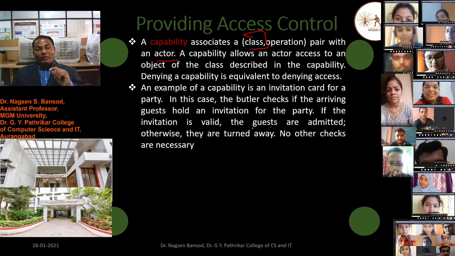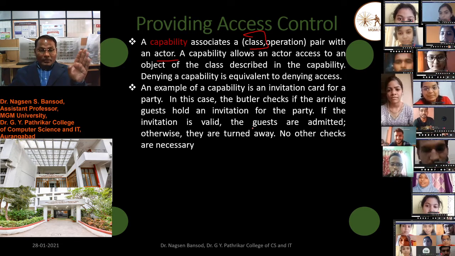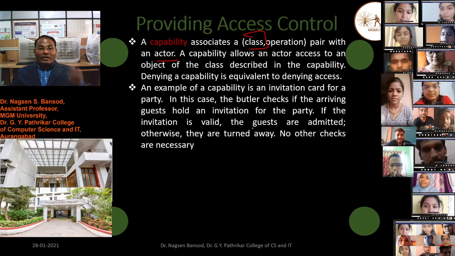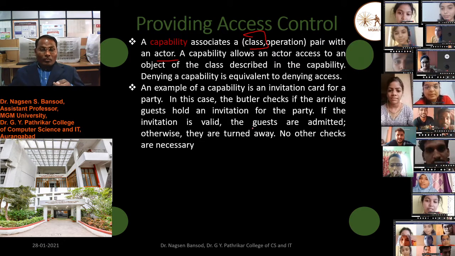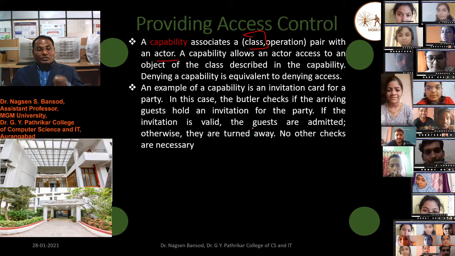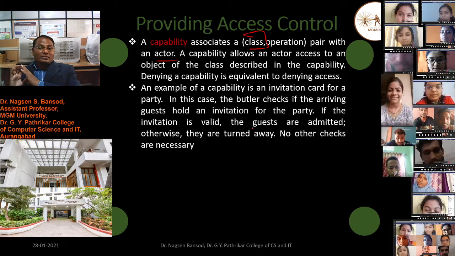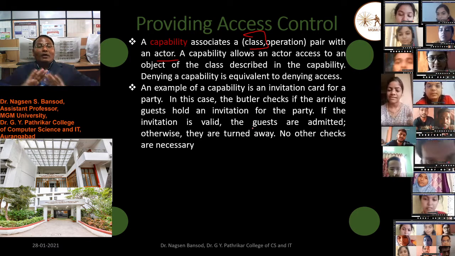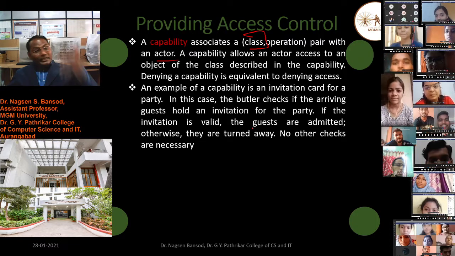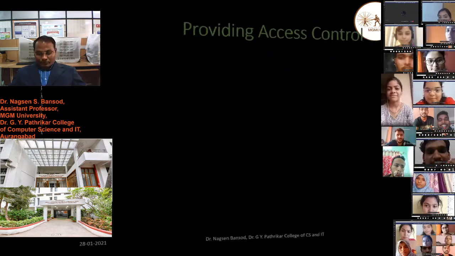An example of a capability is an invitation card for a party. In this case, the butler checks if the arriving guest holds an invitation to the party. If the invitation is valid, the guests are admitted. Otherwise, they are turned away. No other checks are necessary, and if the card is not with the user, they are denied.